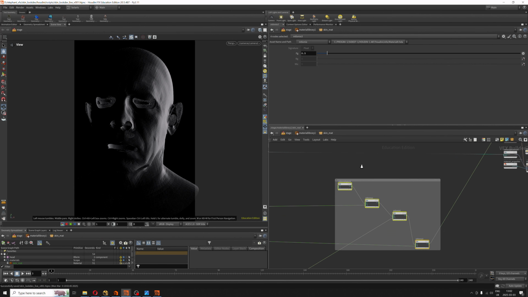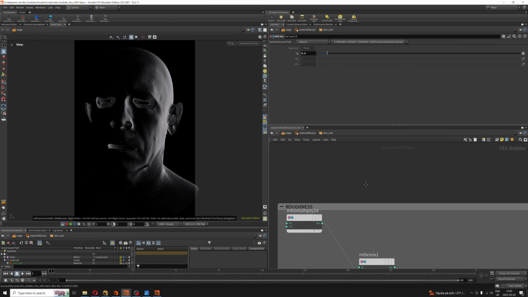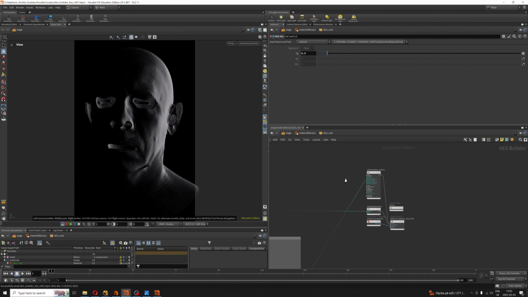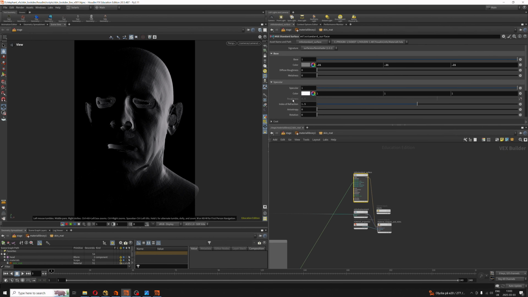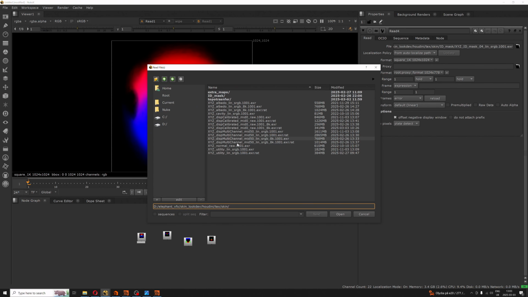So I'm going to place this in a backdrop, and this is going to be called roughness. So the specular, I don't really do much to it. The specular should always be 1 and color 1, and the roughness is the one that takes care of that. But again, this is an artistic choice because we have the utility map, if you remember, and the utility map,